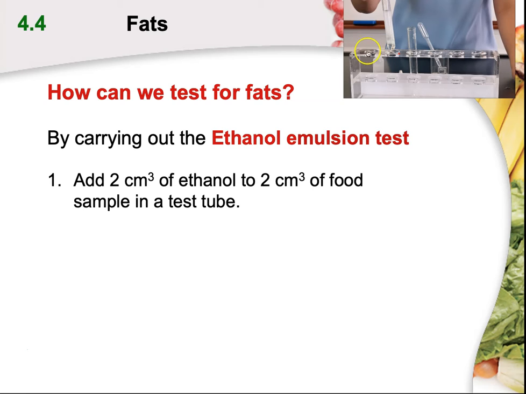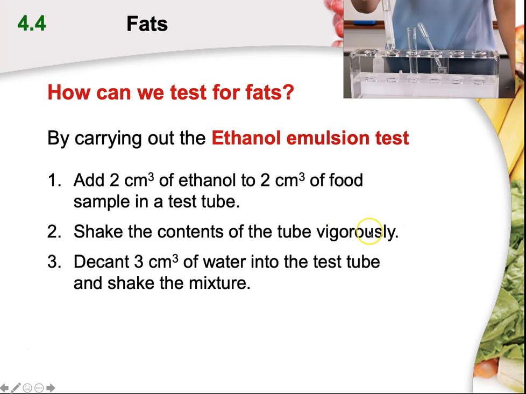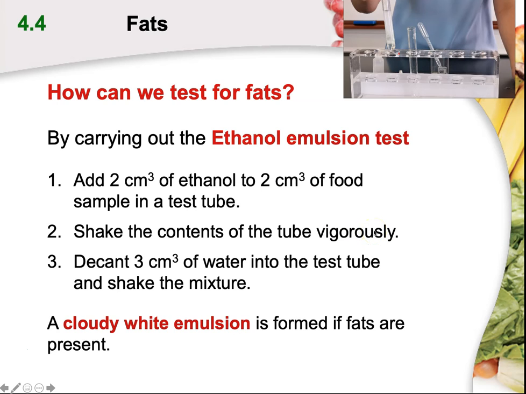So what do we do? We will add 2 cm cube of ethanol to 2 cm cube of the sample. We will shake the mixture vigorously, in order for you to shake it well. And then after that, we will add 3 cm cube of water to the test tube. And if fats are present, just like in this video, you will notice that you will get a cloudy